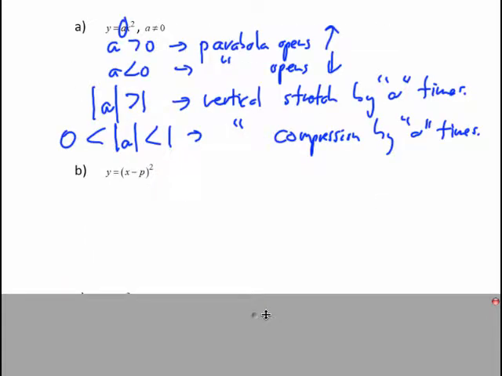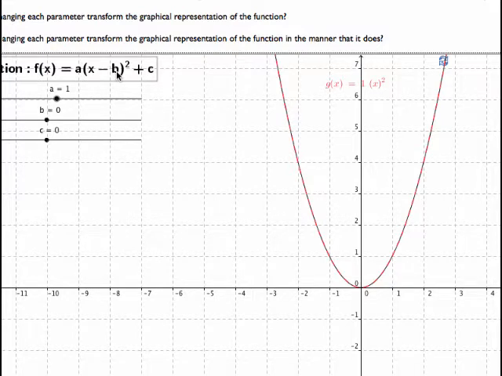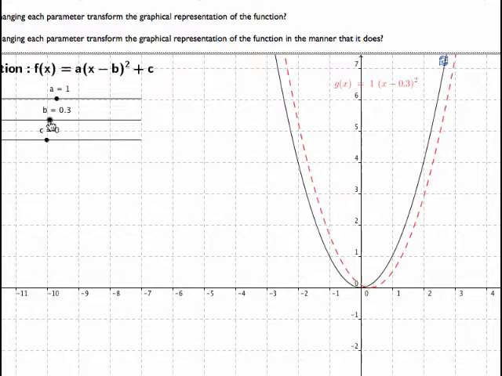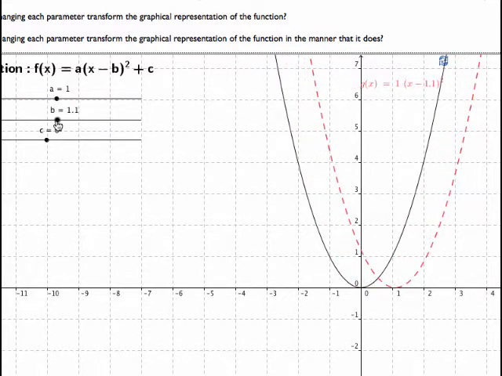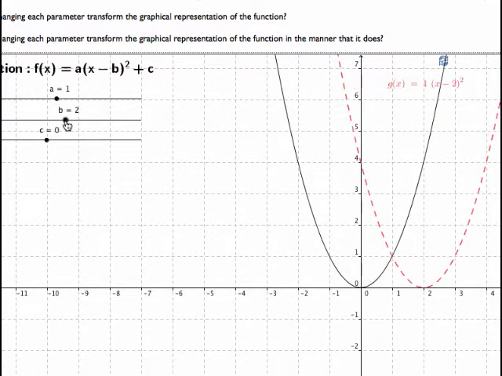Alright, the next parameter we're going to influence is a number added or subtracted to x on the inside of the brackets, which I'm calling p. In this animation they're calling it b. So let's take b and move it to be a more positive value. Positive 1, let's go up to b equals 2. Now you'll notice what's happened is the graph has shifted 2 units to the right, and my equation is x